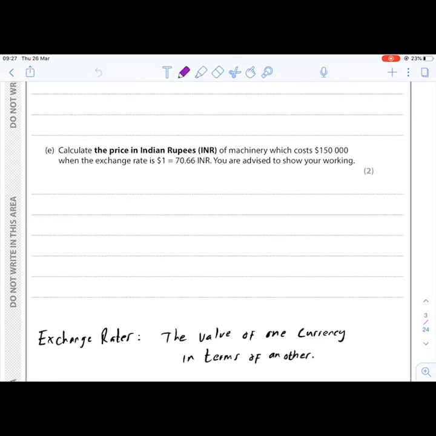Now, all you simply have to do here is to take the $150,000. Remember, we are trying to work out the price of $150,000 in Indian rupees, and then you just times it, you multiply it, by the exchange, and the